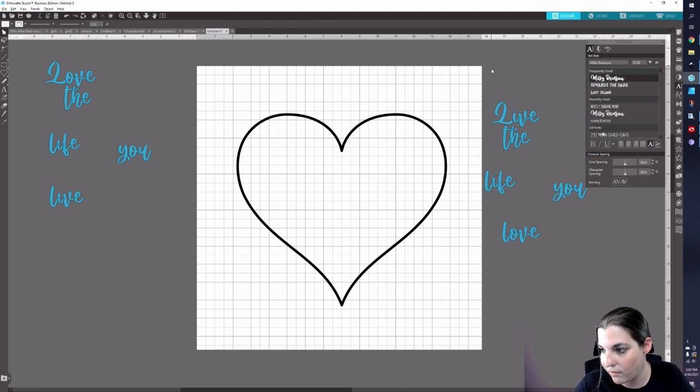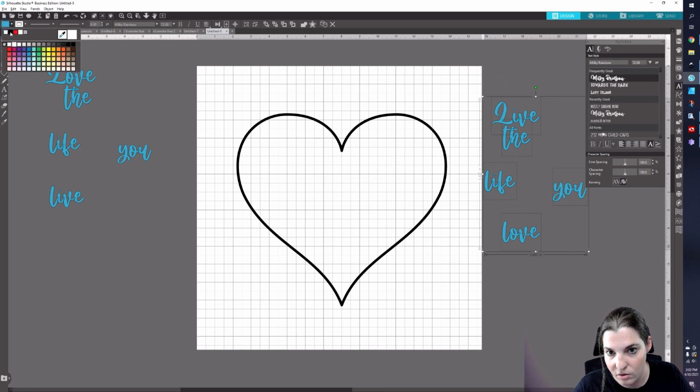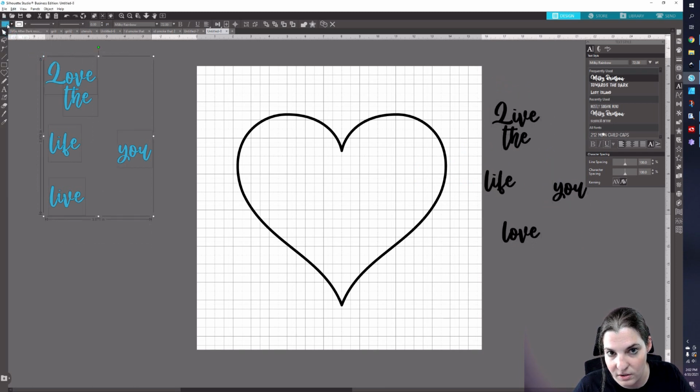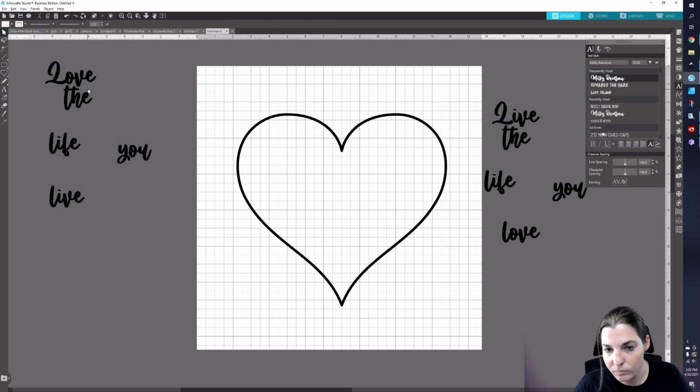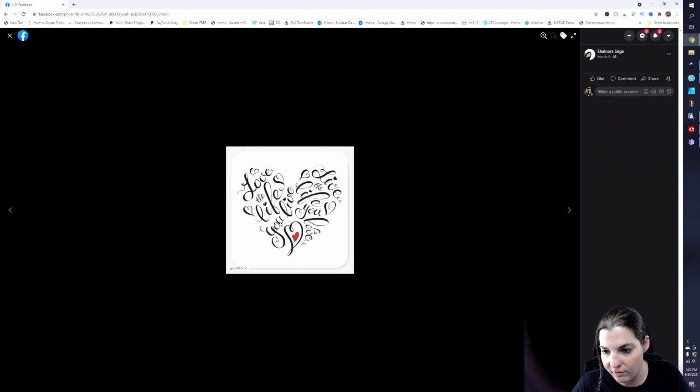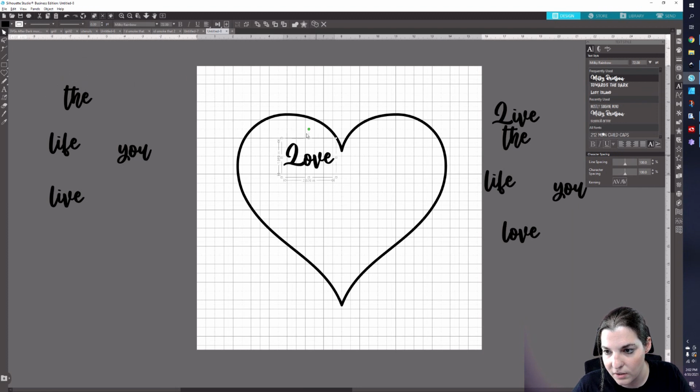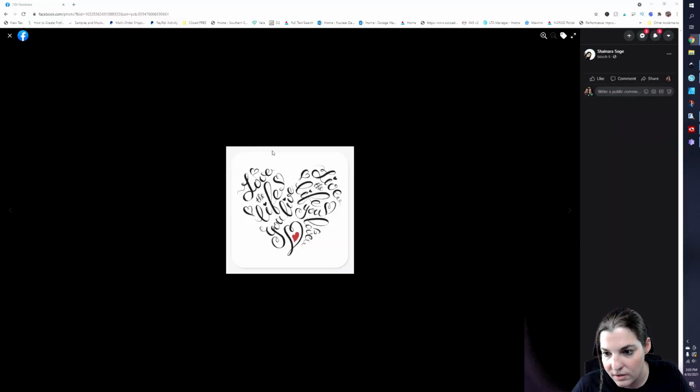Okay, so we have our basic text here, and I'm just going to go ahead and change the color because it's going to drive me crazy to see all those unwelded shapes. And you can see that they've manipulated it to fit in this heart shape. So I'm just going to change the color of this stroke actually to red so it's not distracting me. And I'm just going to do this. Love. And you're going to see some